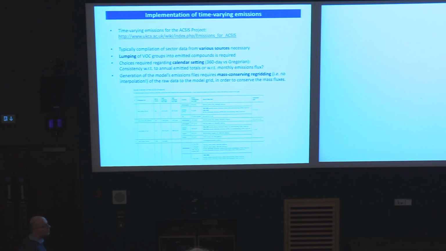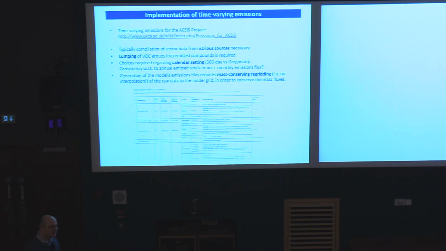The unified model is one of the few global climate models that are still capable of running with 360-day calendar settings. There's a move towards the Gregorian calendar, the real 365-day calendar. The 360-day calendar is used if you run the model in nudged mode, when you relax the dynamics towards meteorological analyses. However, if you run in a free mode, in a climate mode, where the model calculates its own dynamics and temperatures and whatever it needs, then typically you have 30-day long months, and the model runs with a 360-day calendar. This has implications for your emissions.